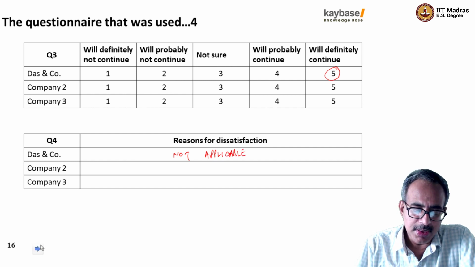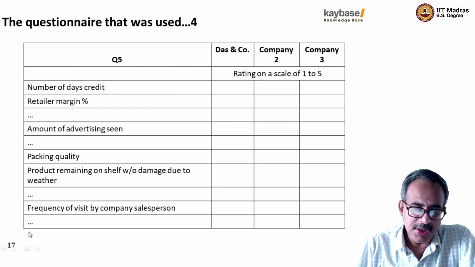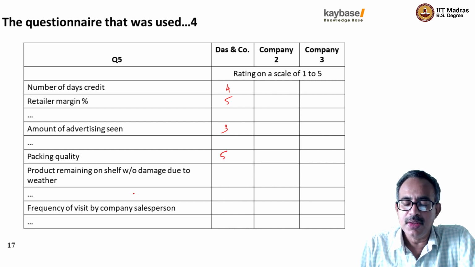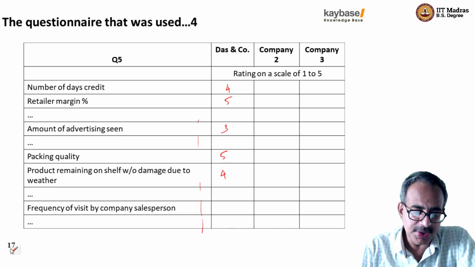Go forward. How satisfied are you with DAS & Co on number of days credit? Scale 1 to 5, I will give 4. Retailer margin, I'm quite happy, I give 5. Amount of advertising, they are not advertising enough, so I'll give 3. Packing quality, excellent packing, 5. Product without damage, fairly good, 4. And so on. Then I'll repeat this entire process